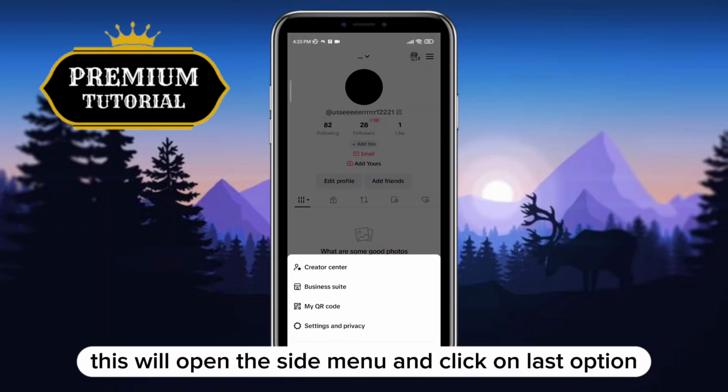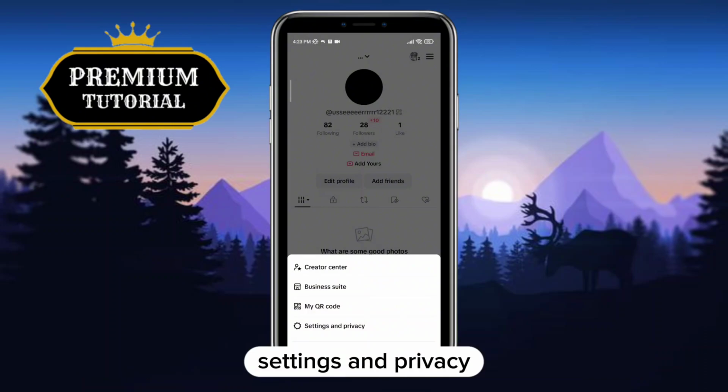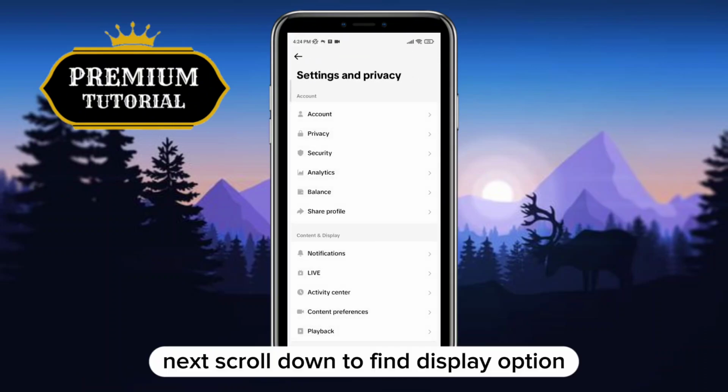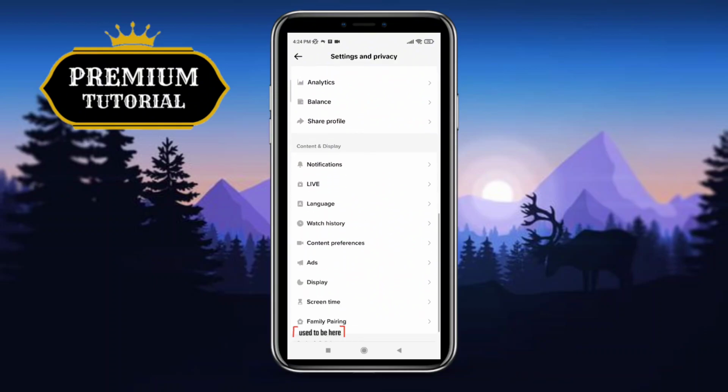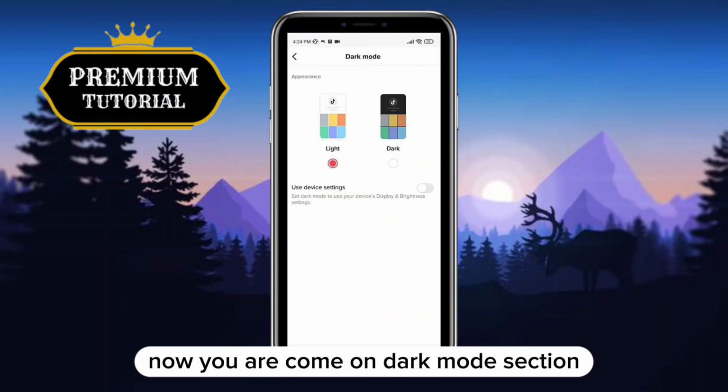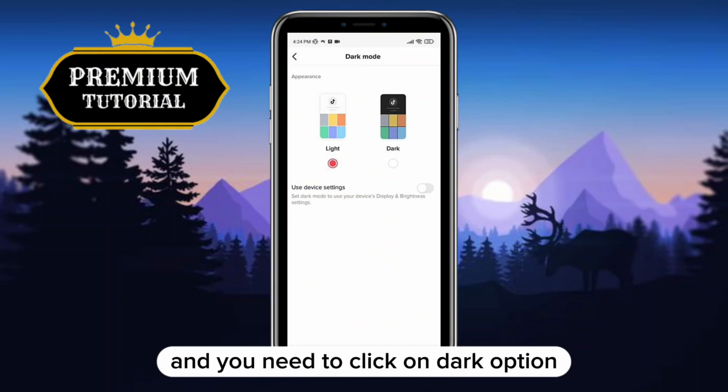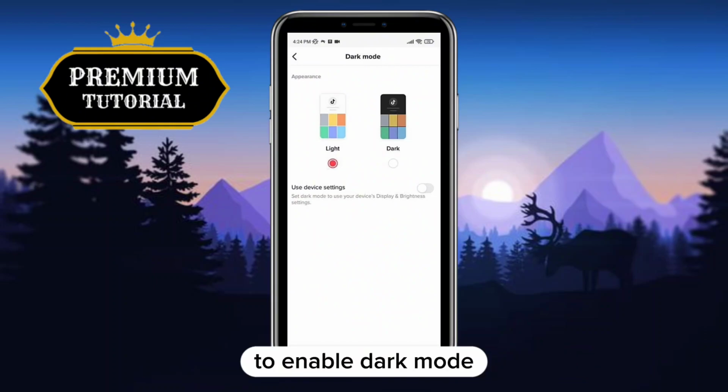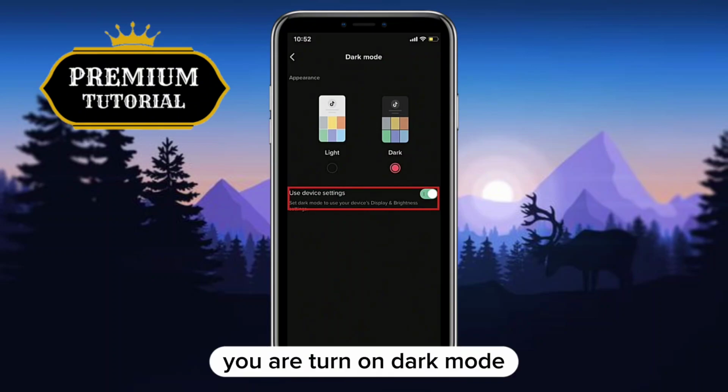This will open the side menu, and click on the last option, Settings and Privacy. Next, scroll down to find the Display option, and when you find it, open it. Now you will come to the dark mode section and you need to click on the dark option to enable dark mode. So when you click, you turn on dark mode,